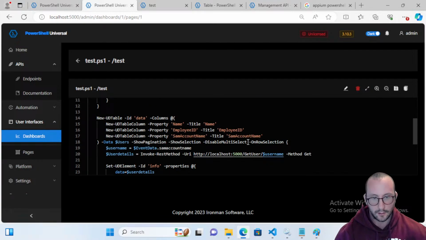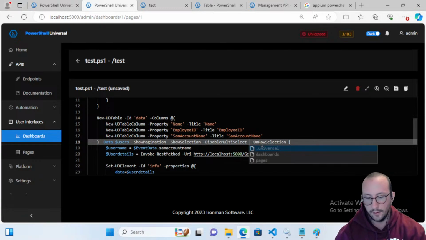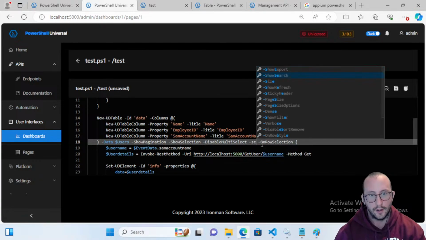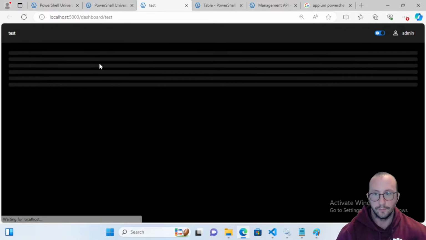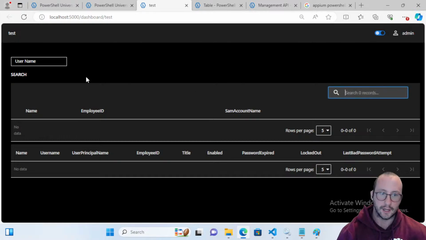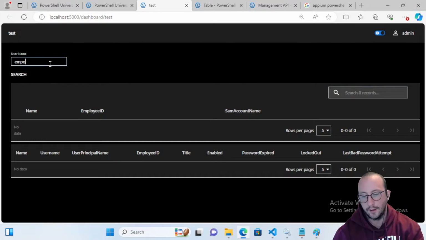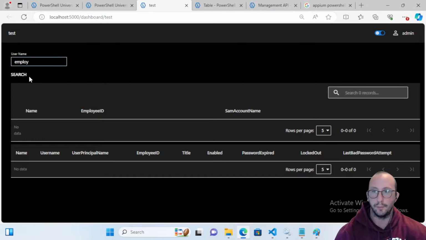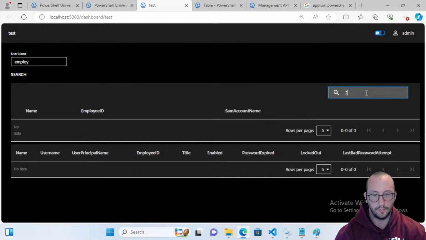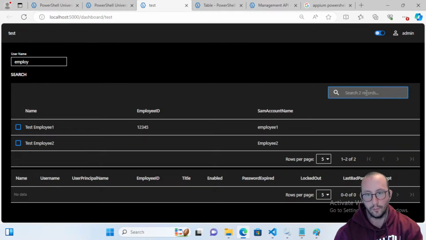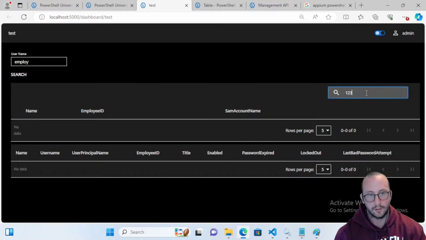In here you can actually have a show search, which we discovered a little bit earlier. If we do save here, you can actually search. So let's say you did a search for employee, and you have a bunch of different results in here, I can actually just put 2, or actually because it's all one word, if we did,